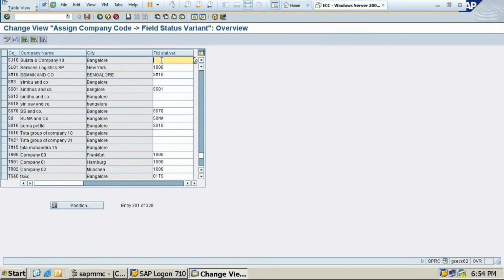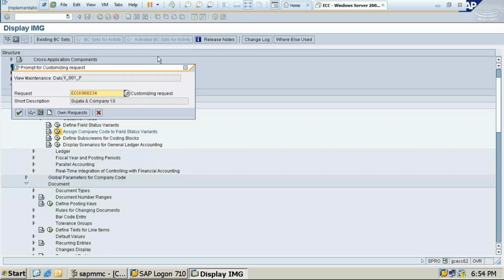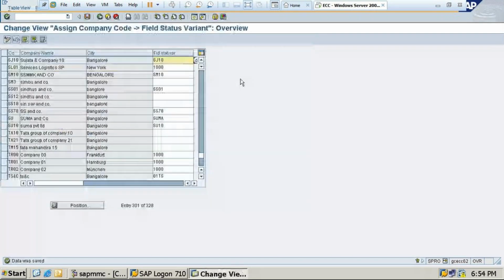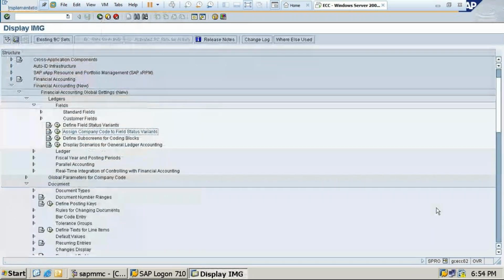So field status variant is SJ10. We have given SJ10, right? So save this, back. So this topic has also been done.